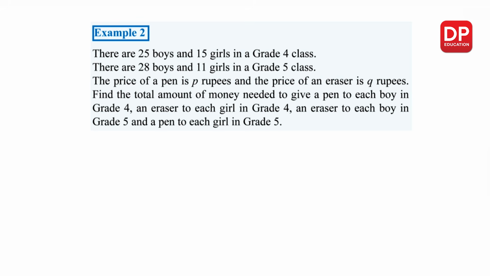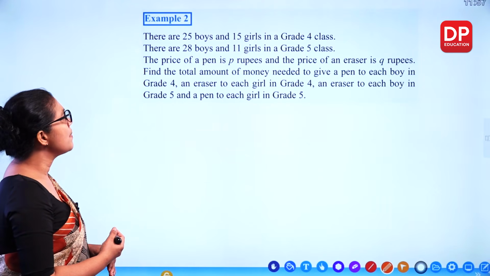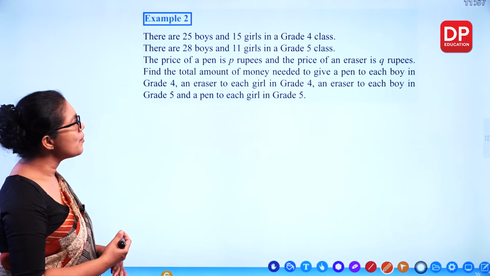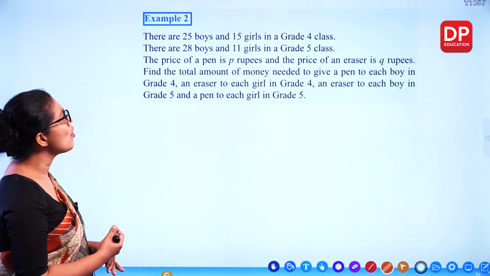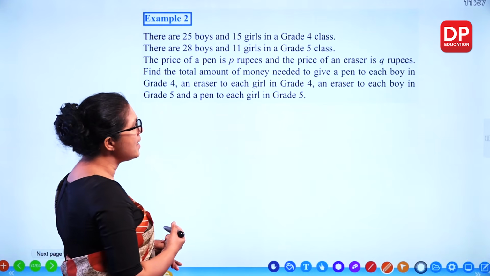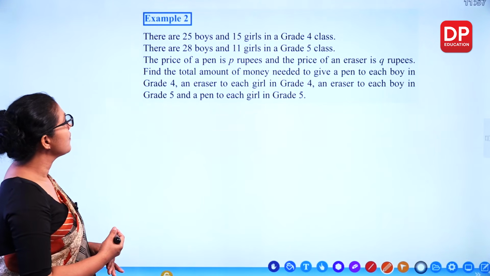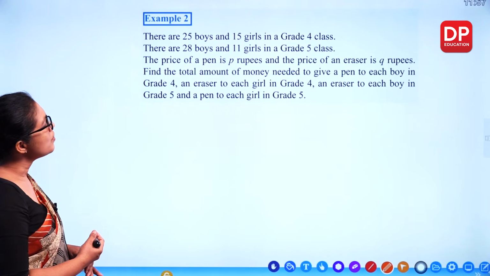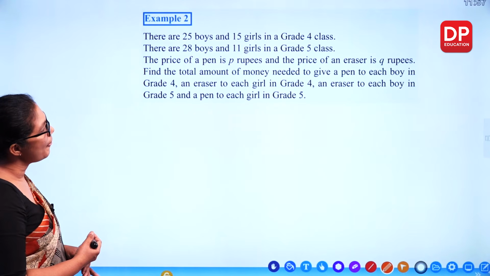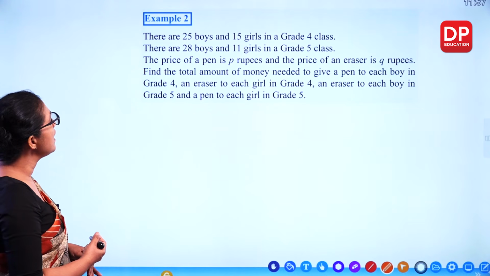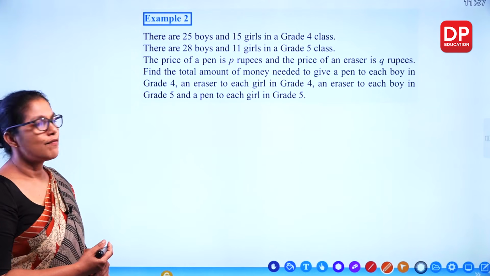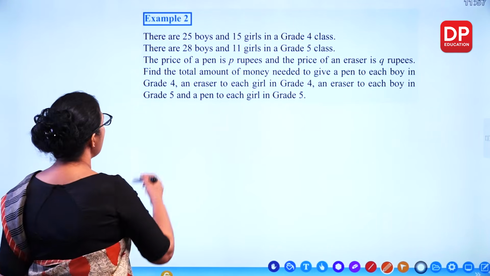Example number 2. There are 25 boys and 15 girls in grade 4 class. There are 28 boys and 11 girls in grade 5 class. The price of a pen is P rupees and the price of an eraser is Q rupees. Find the total amount of money needed to give a pen to each boy in grade 4, an eraser to each girl in grade 4, an eraser to each boy in grade 5, and a pen to each girl in grade 5. So we'll take grade 4,